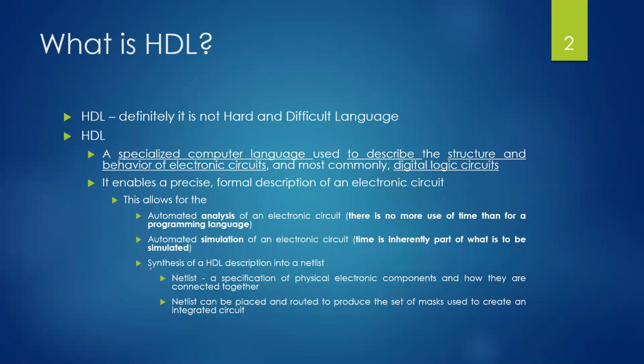Now next, synthesis of the HDL description into the netlist. So you have something called a netlist. This we'll be discussing later. I just try to explain what is meant by a netlist, because when you go for say Cadence, at that time you will be able to identify what is exactly happening in the netlist. So now we'll not bother about this. We'll just try to see what it actually specifies.